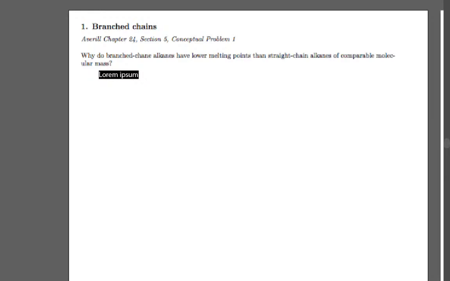They are all single bonds. So according to my logic, the more branch. Oh wait, no, actually, a lower melting point. That means that it has a lower freezing point, which means that, for example,